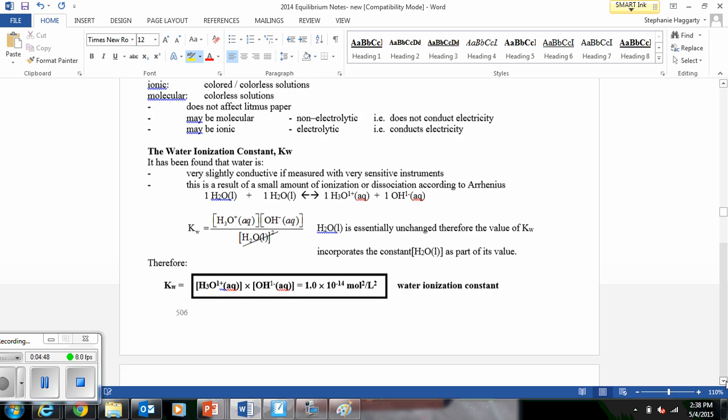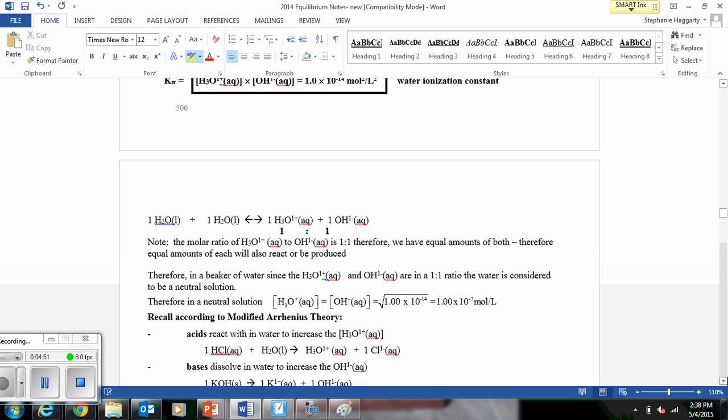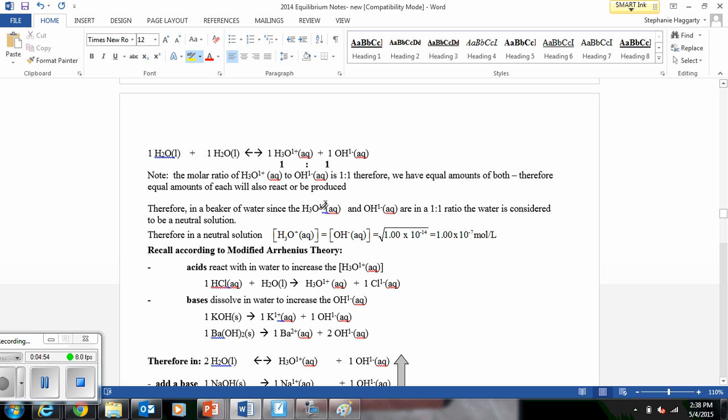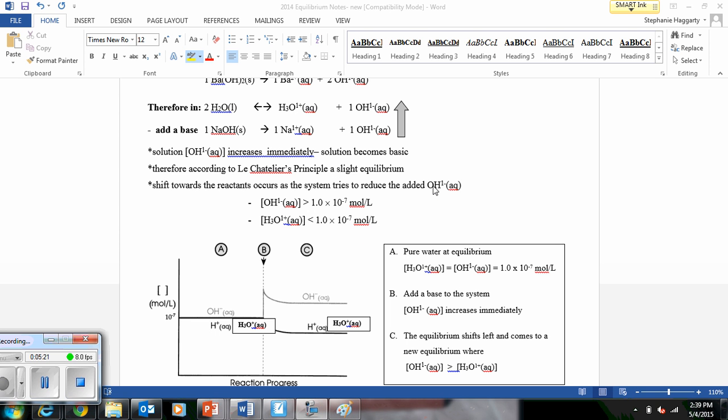Since Kw equals H3O+ times OH minus, each of those is equal to 1.00 times 10 to the minus 7. So 1.00 times 10 to the minus 7 squared gives us the Kw value. This is the value for both H3O+ and hydroxide in a solution of neutral water. If it's anything higher or lower than this, then it becomes an acid or base. So when water is at equilibrium, pure water, it has a pH of exactly 7,